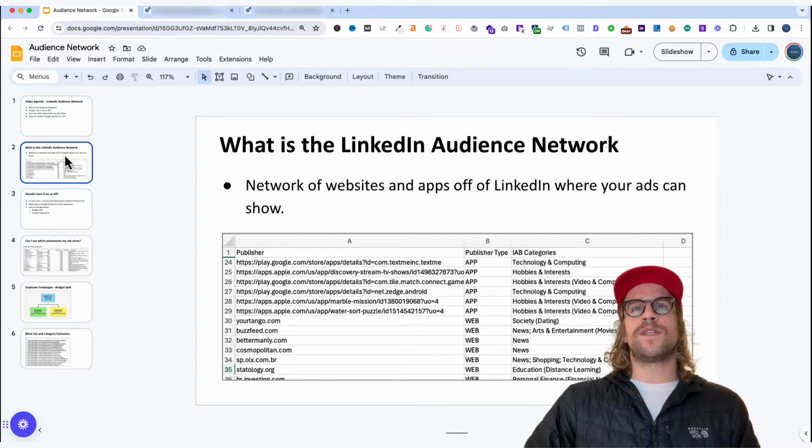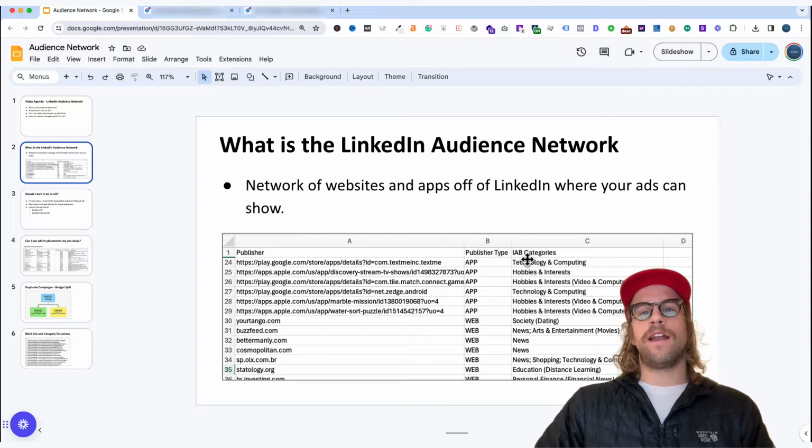It's a network of websites and apps off of LinkedIn where your ads can show. LinkedIn does provide the publisher list of these possible apps and websites where your ads can show. And here's a snapshot of that. You can see the publisher type, app and web, and then you can also see the Interactive Advertising Bureau categories. Those are just standard categories which websites get grouped under. You can see an example here,